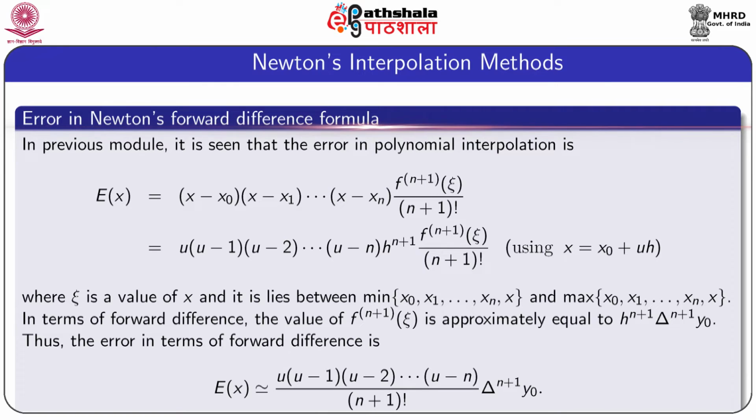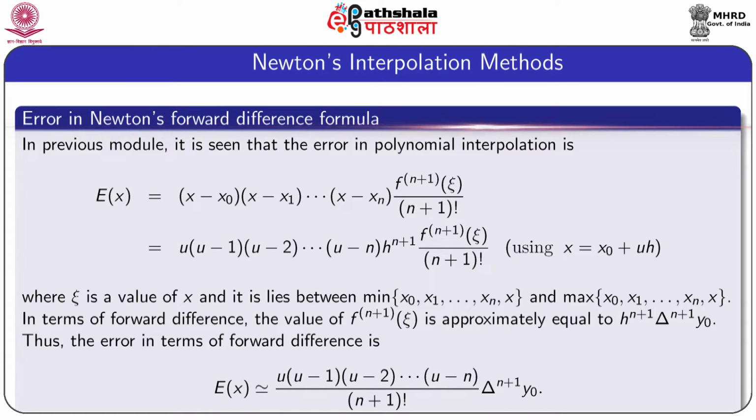We have seen the error in the interpolating polynomial in module 1 of chapter 2, and that one is Ex equal to x minus x0 into x minus x1 up to x minus xn, and into the n plus 1 derivative of f at xi by factorial n plus 1. By substituting the variables x equal to x0 plus uh, this error becomes u into u minus 1 into u minus 2 up to u minus n into h to the power n plus 1 into f of n plus 1 at xi by factorial n plus 1,